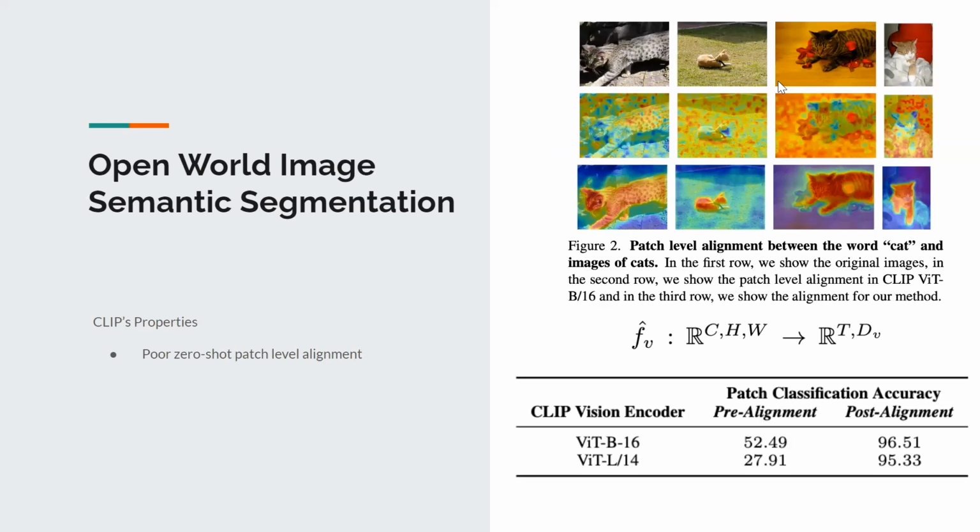Now the question is, what can this CLIP model do for us? There are 2 experiments we ran using this CLIP model in terms of image semantic segmentation. Again, I want to repeat: semantic segmentation is where I take an image and know this pixel belongs to the chair, this pixel belongs to the desk. That's the task. Now, CLIP is trained on image level classification, not pixel level. I want that to be very clear, all right? So can CLIP do pixel level classification? That's the question here.